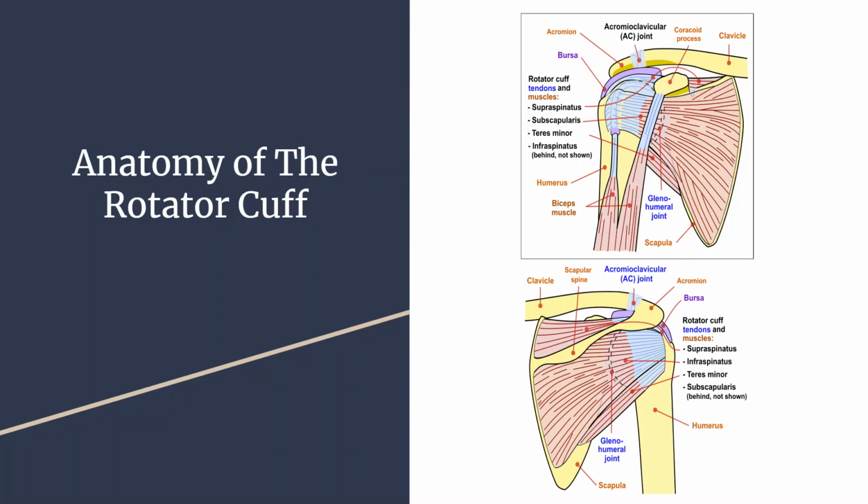made up of four muscles. The first one that we're going to talk about here is the subscapularis, which is this big, thick muscle on the underside of the scapula, and it assists with internal rotation of the shoulder and also with the stability of